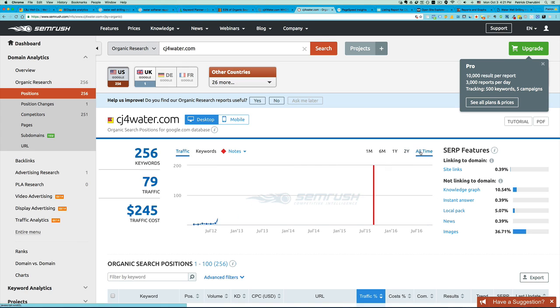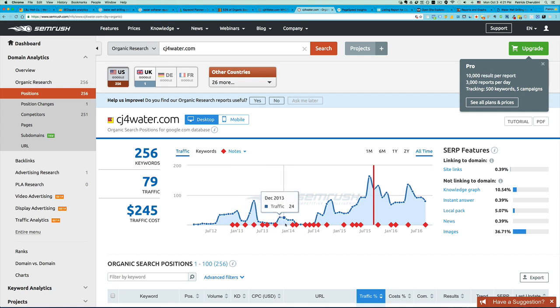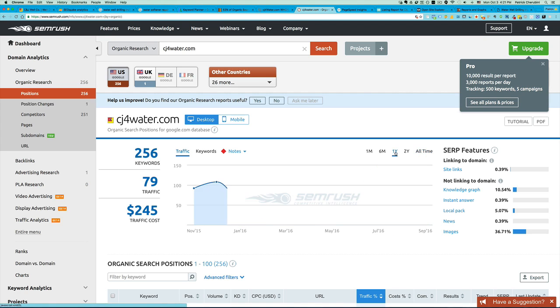And you can see if I go to all time, the ups and downs, looks like for a while you didn't have much traffic at all. And then really from September 2 years ago, you've been on an upward trend, which was great. But then now you're coming back down again. And if you look at all these little dots or diamonds,